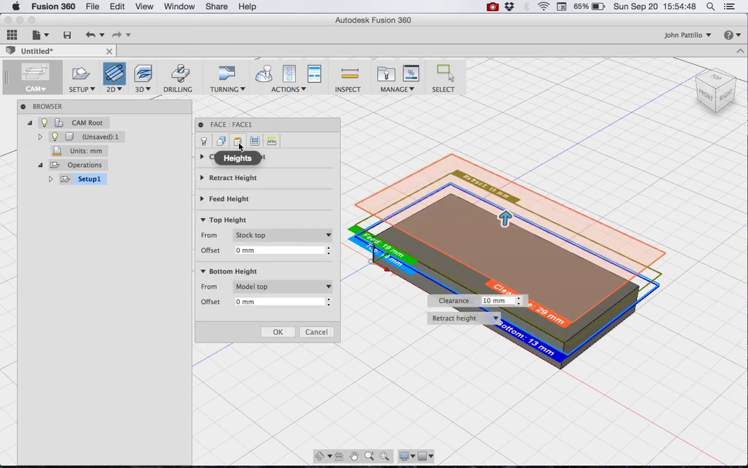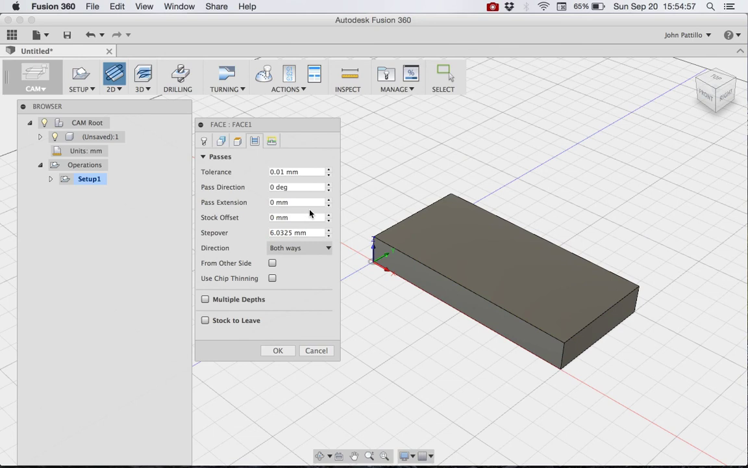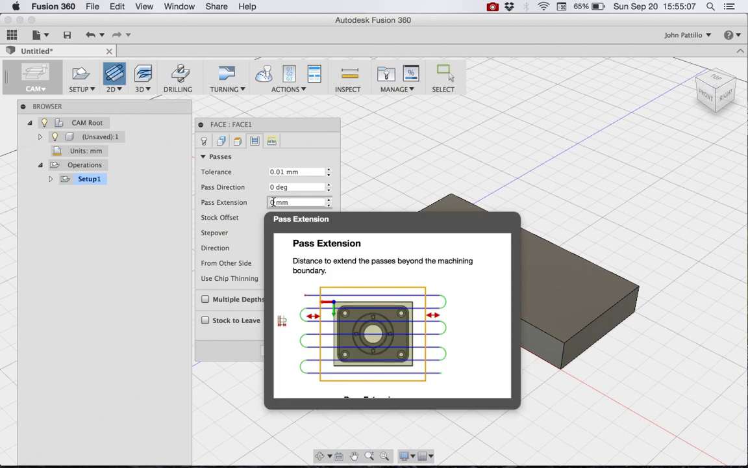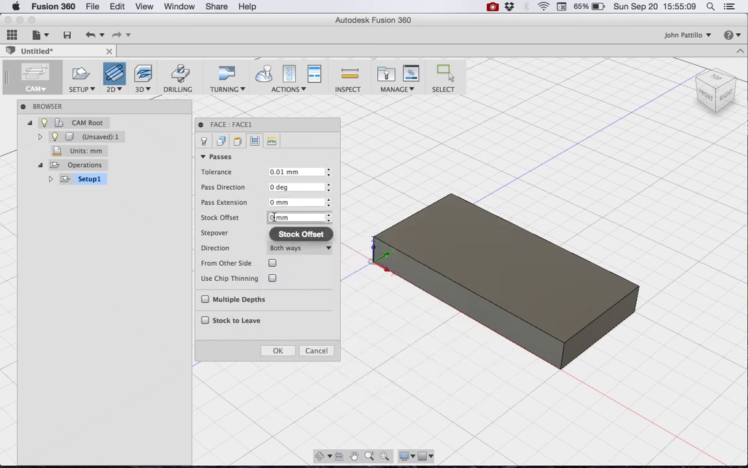Heights, these are just the heights for clearance and for retraction. The stock ones seem to work fine. This is where I want to pay a little bit of attention: my passes and direction and so forth. First of all, pass extension. I want it to go past the stock so that I'm not actually plunging into the stock. I'm going to be cutting from the side and get a better finish that way. So I'm going to have it go past the stock by about the diameter of the bit, which is around